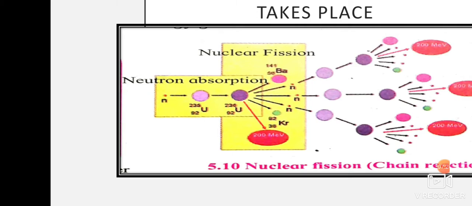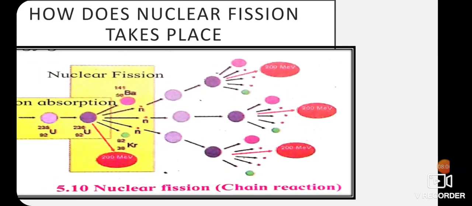I repeat, in a nuclear power plant a controlled chain reaction results in the release of thermal energy. That means at every stage heat energy is given out, which is used for electrical energy. A nuclear power plant does not use fossil fuel like coal, as we saw in the first part of the chapter. Therefore, problems like air pollution do not arise. Also, if sufficient nuclear fuel like uranium and plutonium is available, this can be a very good source of electrical energy. But yet it has its own problems. Let us see what those problems are.